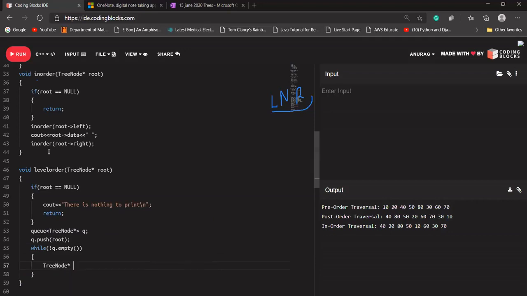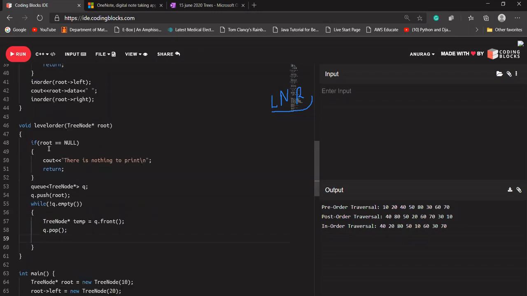just create a temporary node, let's call it temp, and store the data that is present at the front of our queue. And what we need to do now is pop the front data of the queue.